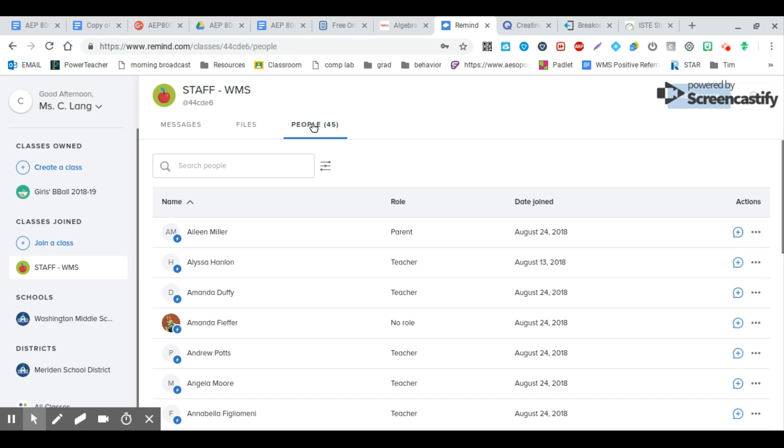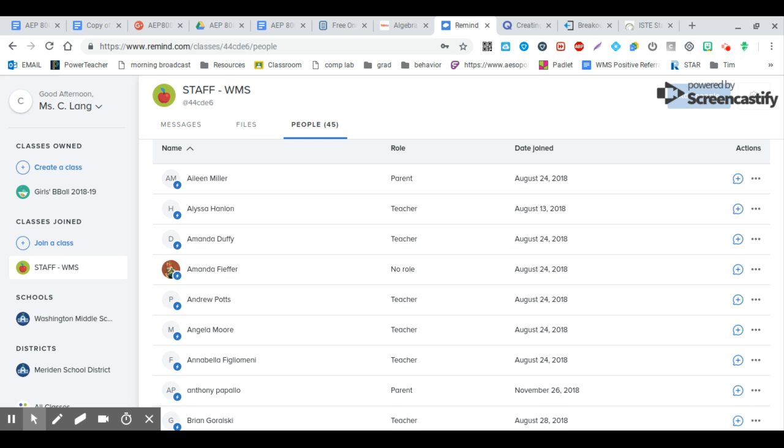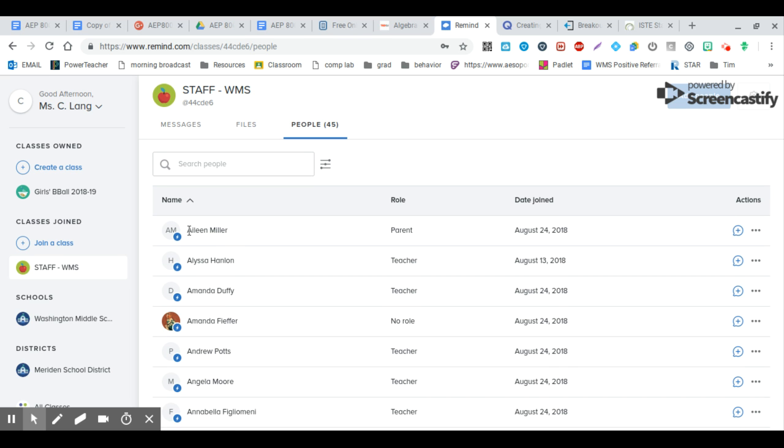And if you look up top, it also says people. So I can click and see all of the other people that are on there and be able to send a message. So say I wanted to send a message to this person. I didn't have their cell phone number, but I had a question or something that I wanted to let them know. I could come right over here and send them a message. And this would be a personal message that would only get sent to that person as opposed to the whole stream, but it allows you to have your personal information kept safe from parents that may abuse or share your information, while at the same time allowing you to communicate.